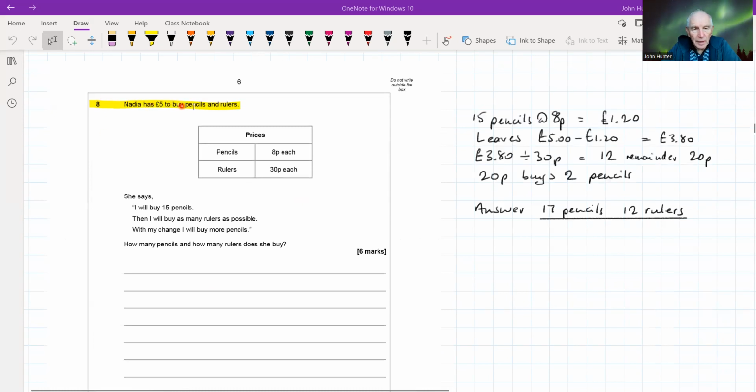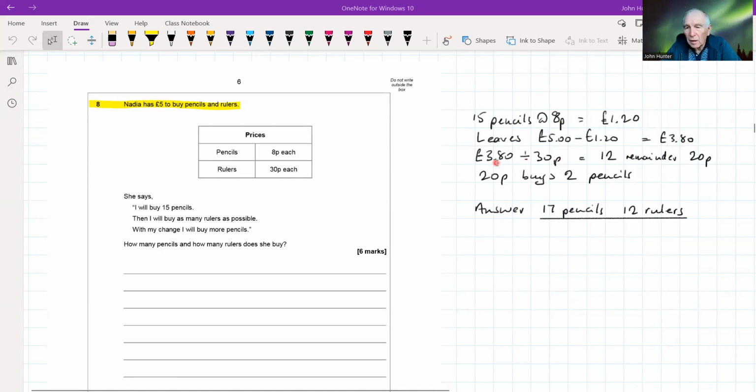Nadia has £5 to buy pencils and rulers. She says, I will buy 15 pencils, then I will buy as many rulers as possible, and with my change I will buy more pencils. So how many pencils and rulers will she buy? So we can just work through this one statement at a time, really. 15 pencils at 8p each is going to be £1.20, and that's going to leave her with £3.80 in her pocket,